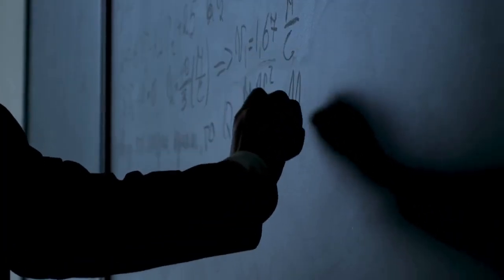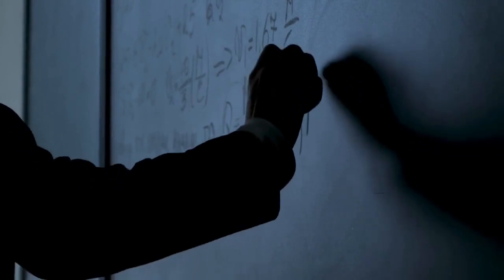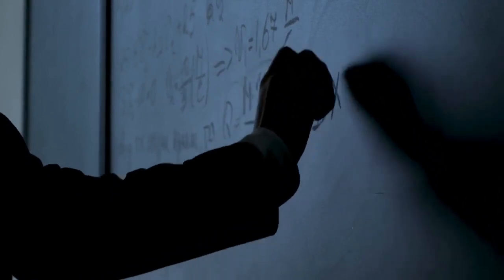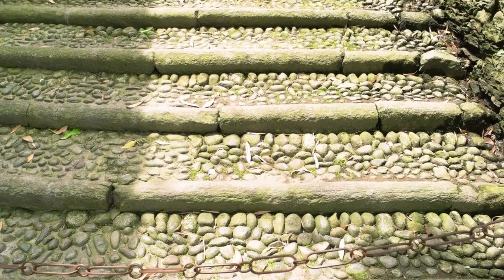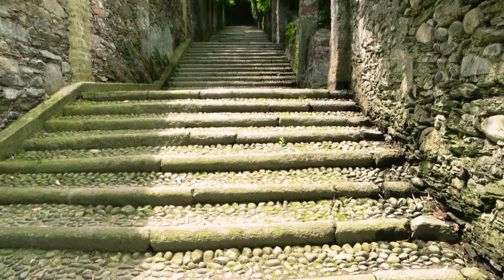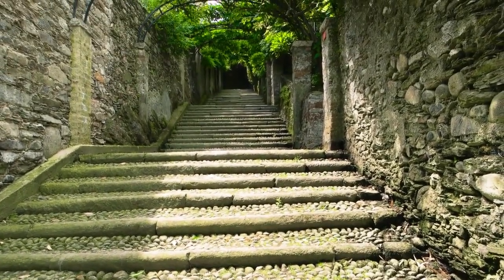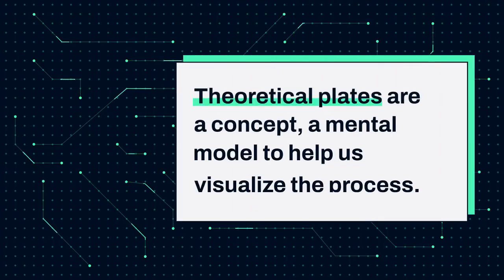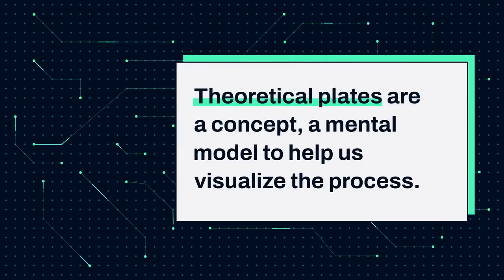The best way to understand this is with an analogy. Imagine your chromatography column is not one continuous tube. Instead, picture it as a long staircase with many, many tiny steps. Each one of these steps is a theoretical plate. These plates are not real, physical objects inside the column, they are a concept, a mental model to help us